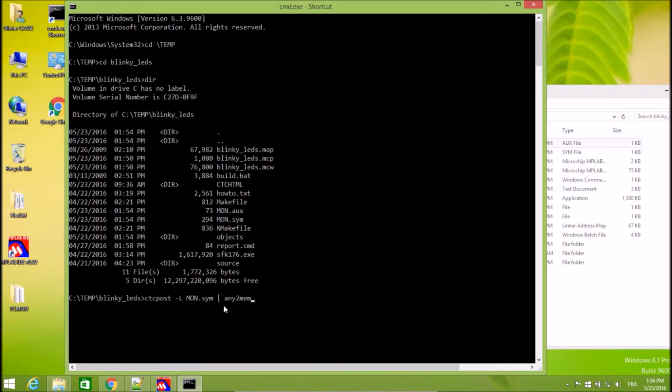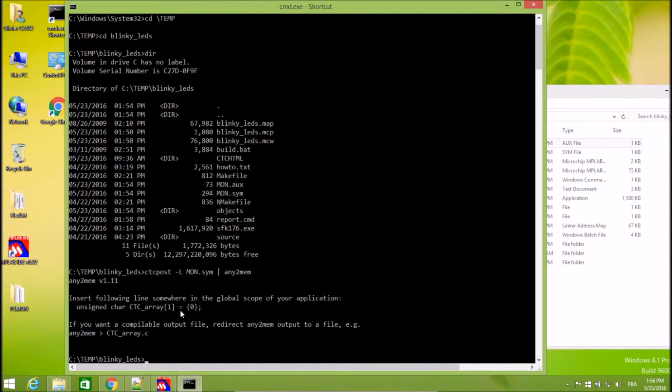So this way we list out the mod.sim information for this utility, which will just indicate which size is needed for the CTC array. As I said, this is a very simple example, so we actually need just 1 byte for this. So we need to copy and paste this information,